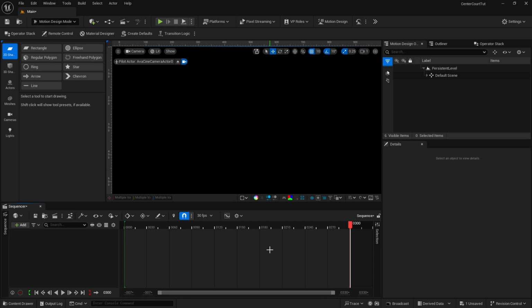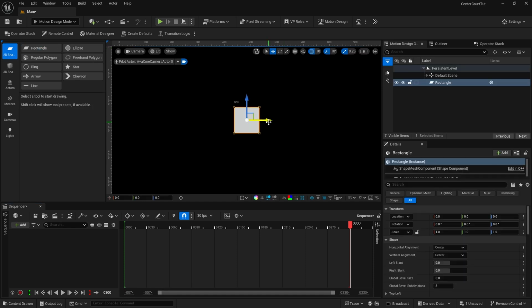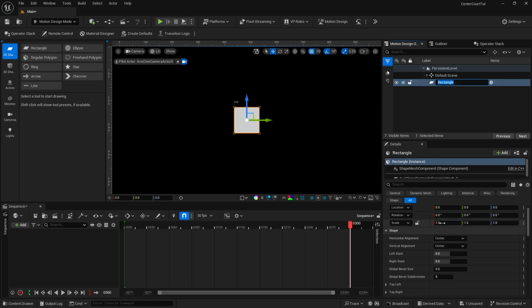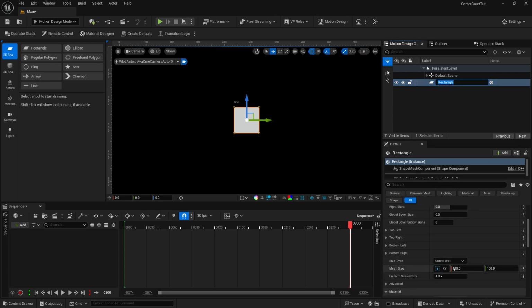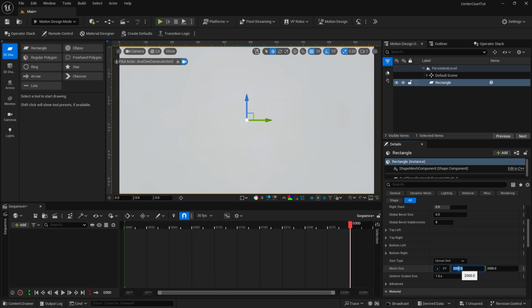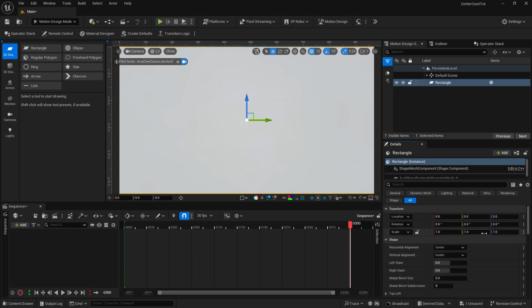The first thing that I'm going to work on creating is the floor. And to do that, I need a rectangle. So I'm going to go up here into the 2D shape, click on rectangle, and we'll make some adjustments to this. Make sure it's selected over there in the outliner, and then I'm going to drop down first to mesh size right here and bring that up to 2000 on the X and the Y,